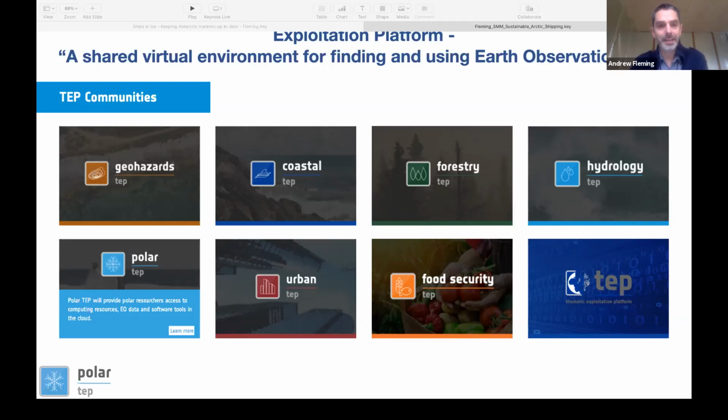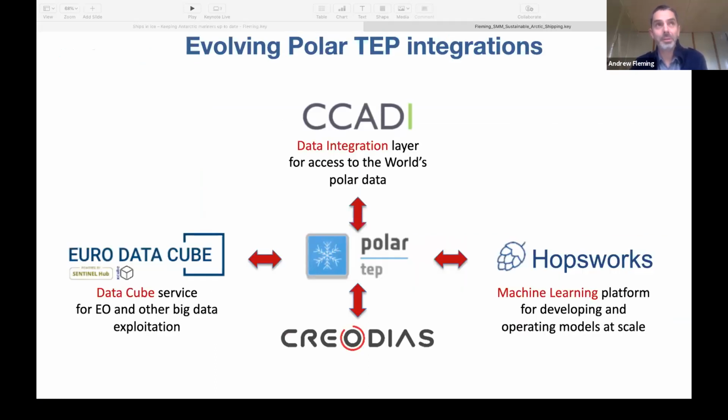And the European Space Agency has been developing similar platforms, a series of which are called the thematic exploitation platforms, which aims to apply that concept in a tailored way to particular theme domains. There are 7 of them currently, one of which is polar, and we are involved in helping develop the polar TEP, effectively to provide a platform that allows processing of large volumes of satellite imagery without having to download it